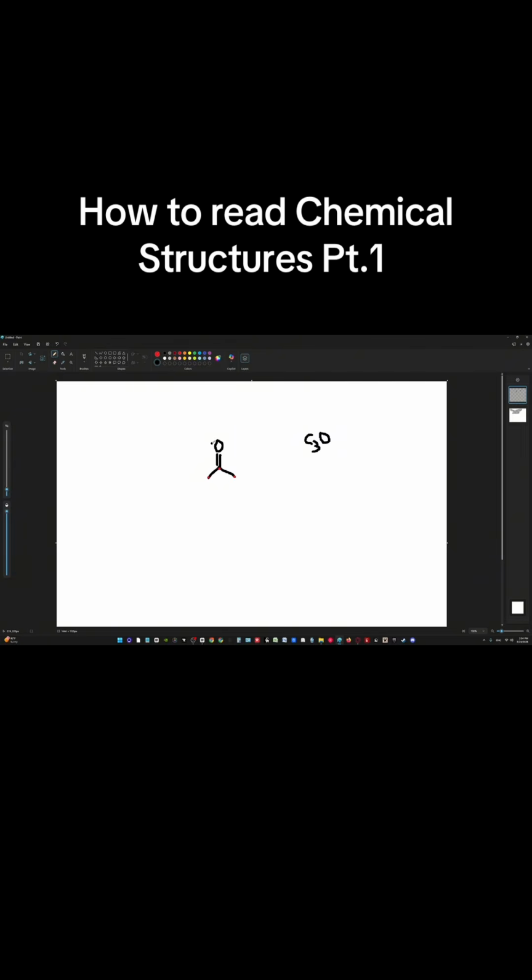Now we have to see how many hydrogens there are. Well, like I said before, we can look at how many bonds each carbon has. This carbon only has 1 bond, meaning it has 1, 2, 3 hydrogens, which we can tally